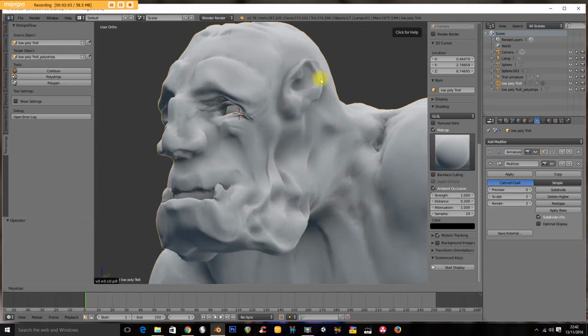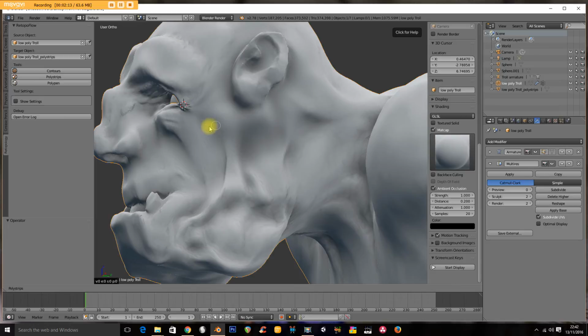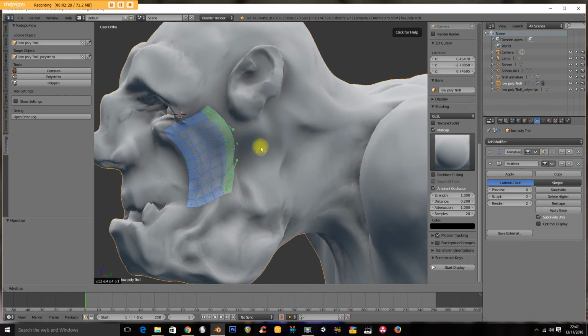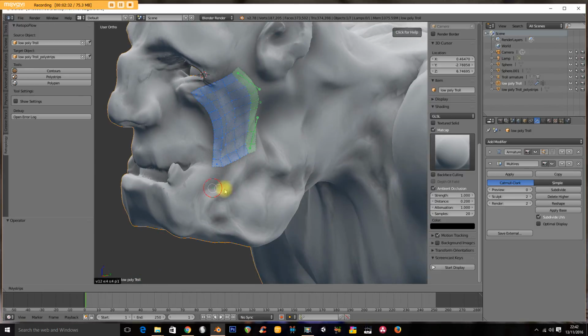Now, Polystrips is an amazing wee tool. You can see I've got a white circle here, and it's following the contour of the geometry of my model. If I draw around here in his cheek, and then draw around here in his cheek, I can select these two strips, then press Shift F, and it will join them together, which is just amazing to create that much geometry that quickly. So I can draw under here, select two of these, Shift F,